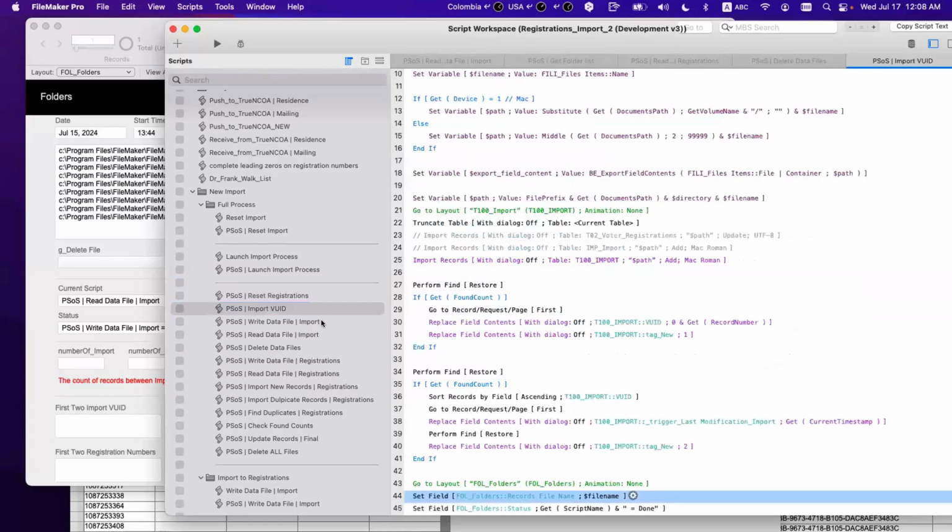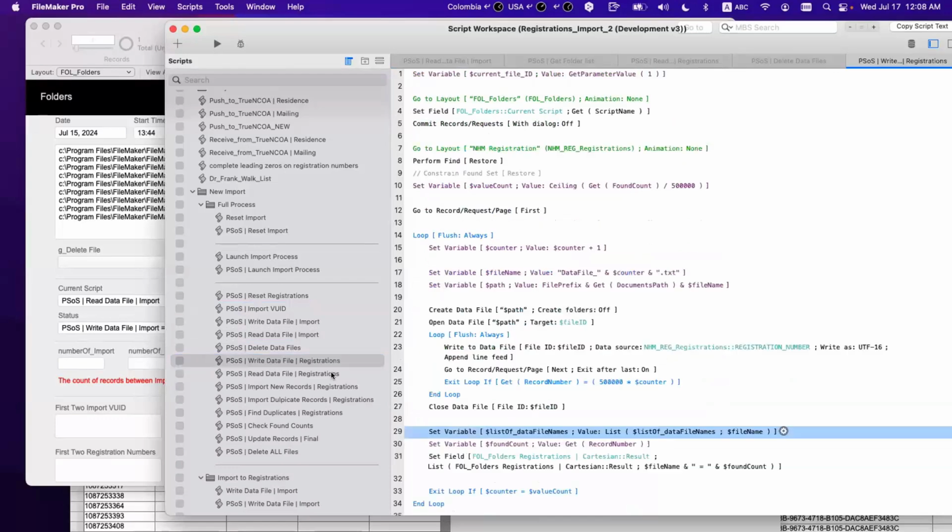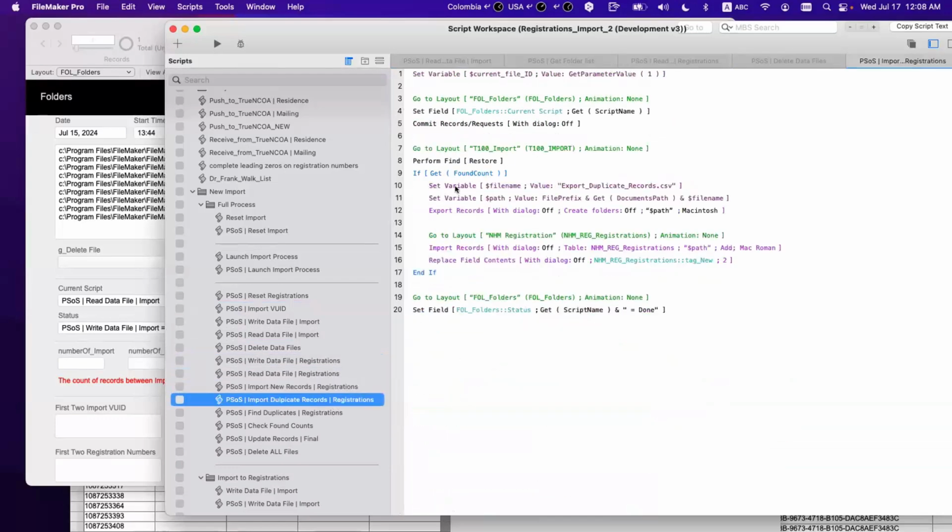I reset, I import, I write, I read, I delete, I write, I read, I import. So it's small. So if you have a problem importing the duplicate record, why? It's there, right? That's all you need to read. The only difficulty you have is to make sure that you land in the right folder, because all of this happens on server, remember? It will act like a giant script, but know something. The only difficulty I see